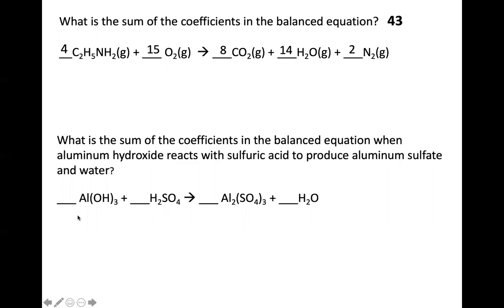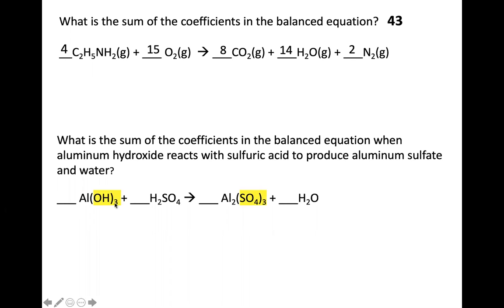Aluminum hydroxide, aluminum is 3 plus, it's in the +3 column. Hydroxide is OH minus. So this would be my formula for aluminum hydroxide. Sulfuric acid, that's an acid I've memorized. Aluminum sulfate, aluminum is +3. Sulfate is -2, so these would be the subscripts I would need. And then I have water present. This one right here, it seems like, yeah, there's a lot of chemistry there. These are all different things that we want to be able to name based on ideas in chapter 2.